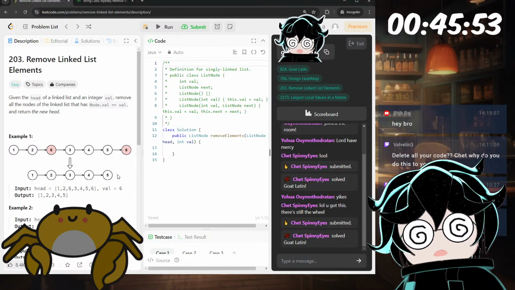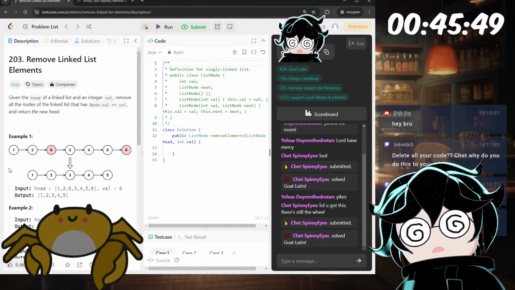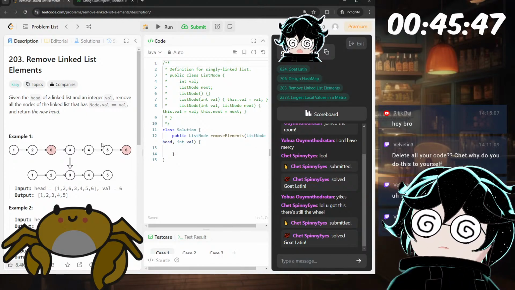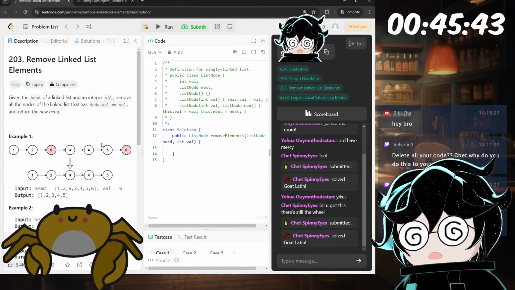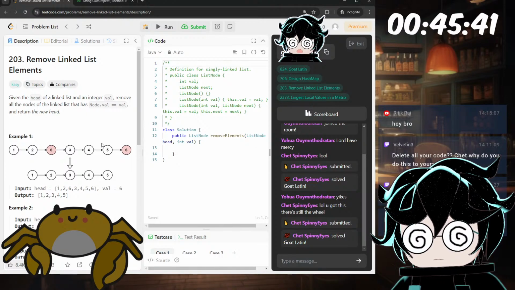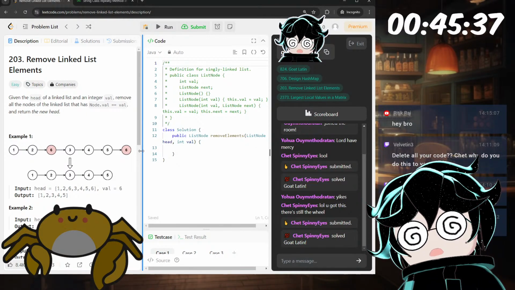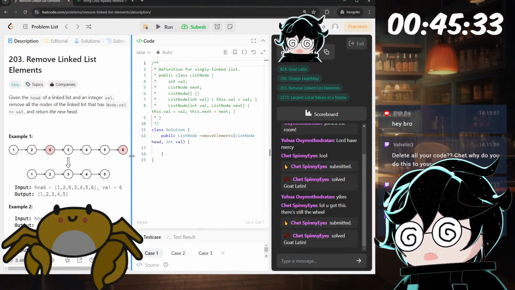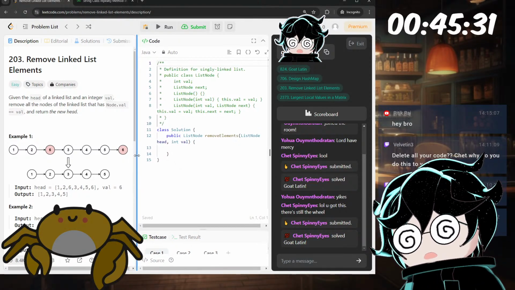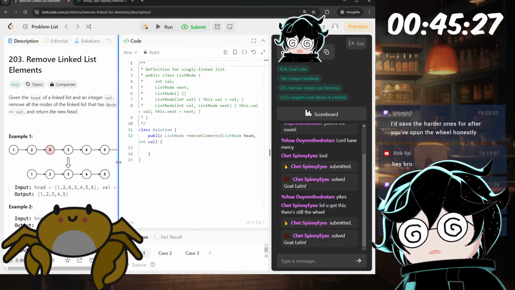This is going to be so tricky because of the edge cases. What if 6 is at the beginning, or if we have a bunch of 6s in the beginning? Should we put a dummy node in the beginning? Yeah, let's put a dummy node in the beginning and then just return whatever's next after the dummy node.